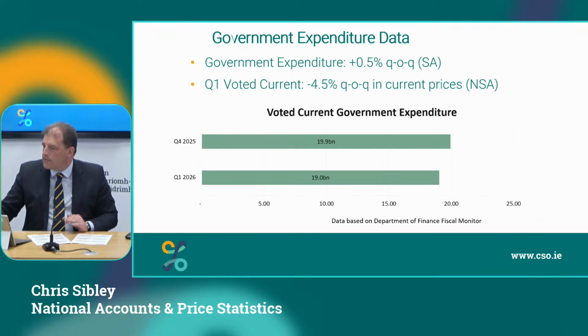The next item that contributes to the expenditure side is government data. So in money terms, that's down a little bit quarter on quarter, but we take price effects out and then we look for trends in the data, so we seasonally adjust it. And so after that, we see that government expenditure is up, so it's above trend, 0.5% above trend in the quarter.